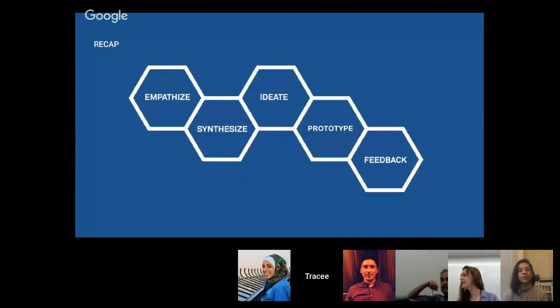Then we're going to do some quick synthesis and frame the question based on real human needs and challenges that we discover. Then we'll be doing some super quick ideation where we dream up wild ideas for ways to solve for the challenge we're going to work on. And then in your own time, you'll be doing some prototyping and getting some feedback from a variety of stakeholders.